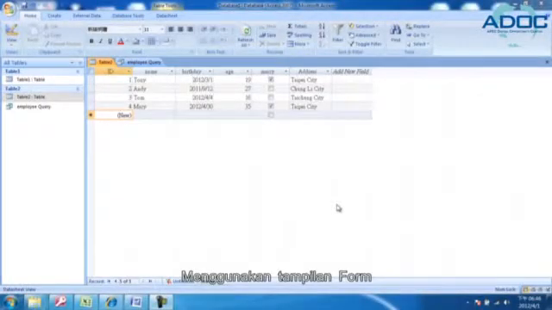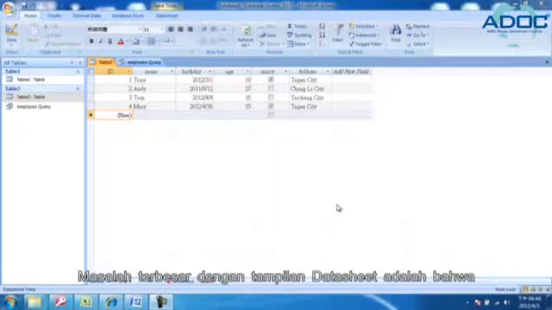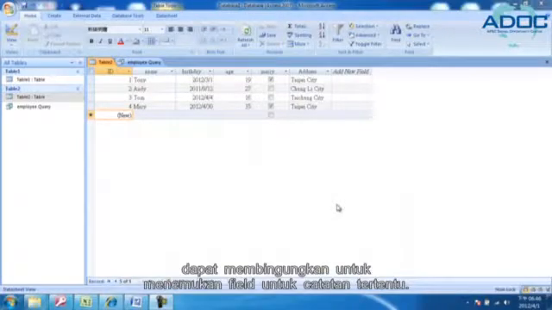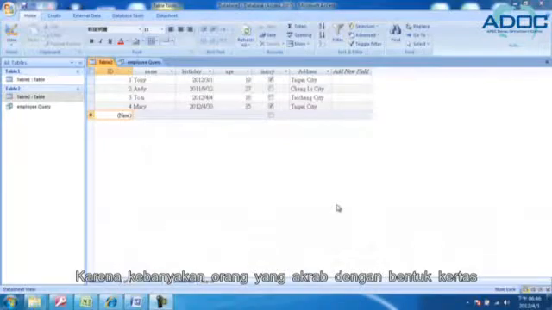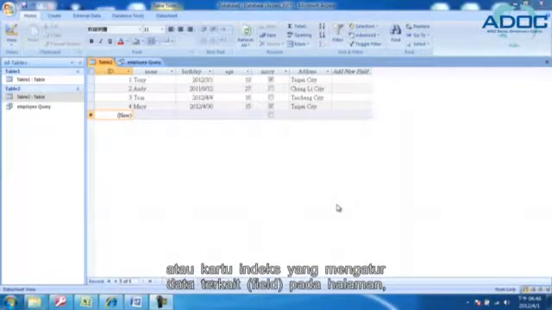Using Form View. The biggest problem with Datasheet View is that it can be confusing to find a field for a specific record. Because most people are familiar with paper forms or index cards that arrange related data fields on a page,